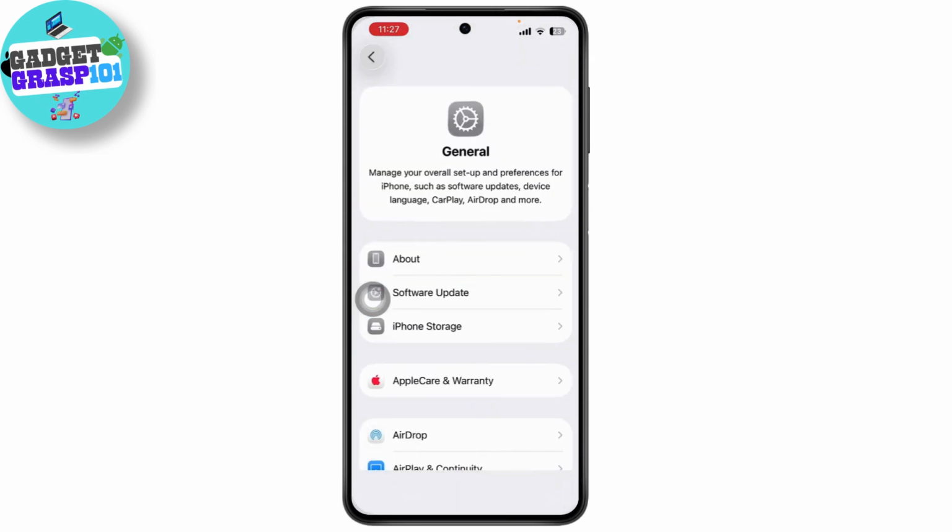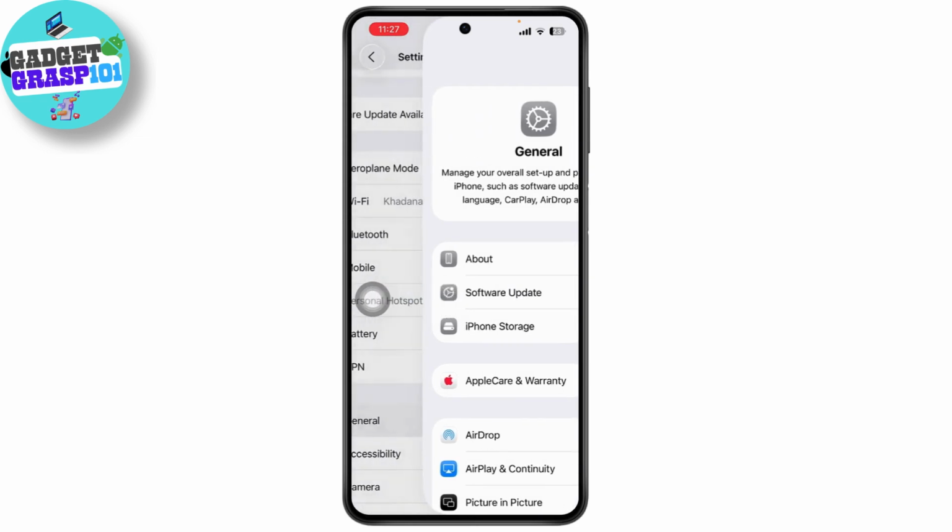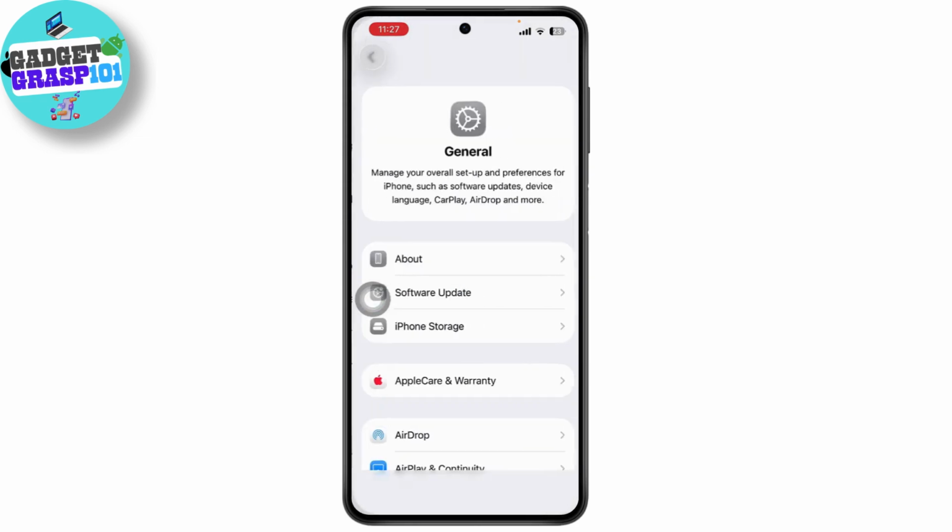Next, you need to open up your settings. From settings, you need to scroll down a bit and then go with general. On general, go with software update and make sure that your iPhone or your iPad is running the latest iOS version. After updating, you can go back to your settings, open up the iPhone storage, which is under your general,